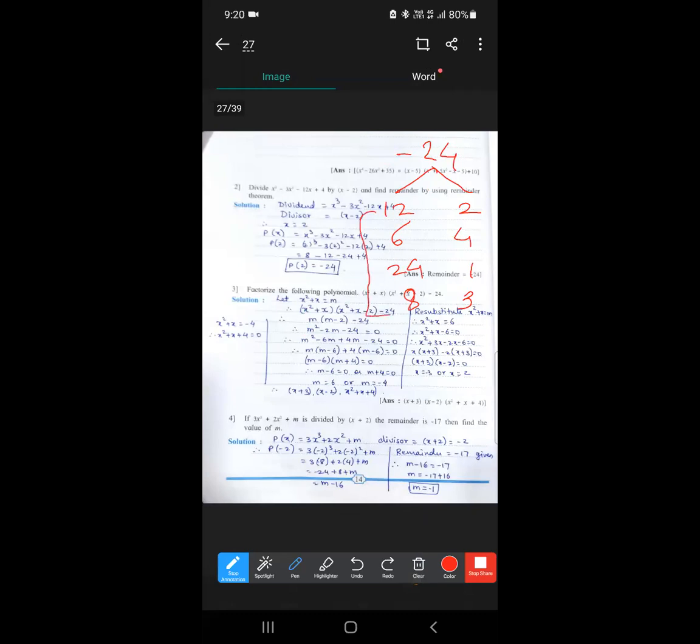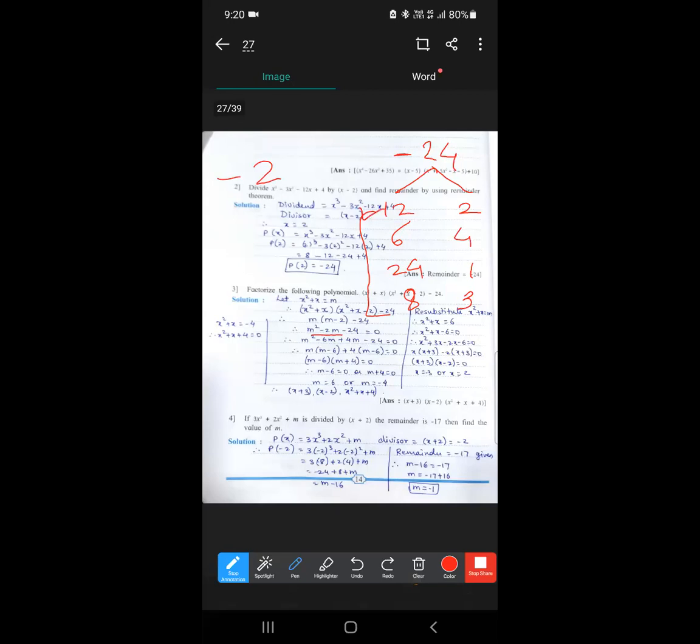Now, how to select which factor is suitable for the given equation? You can see the middle term. The middle term is what? -2. Now here, the sign of the 24 is what? Minus. So students, what you should do,